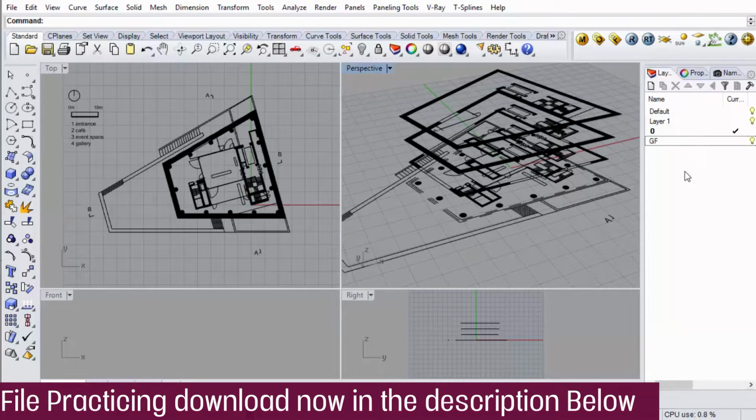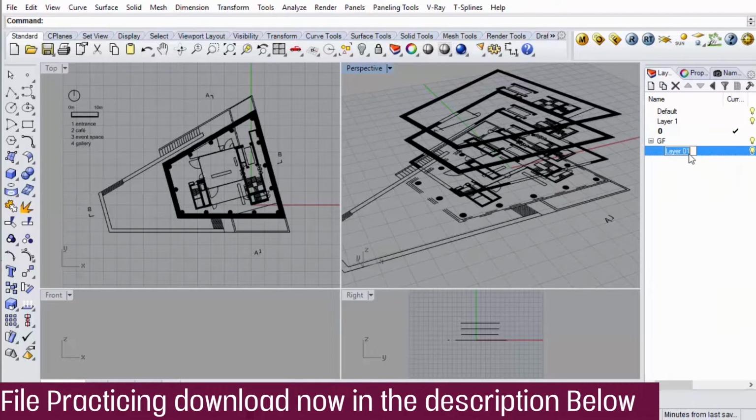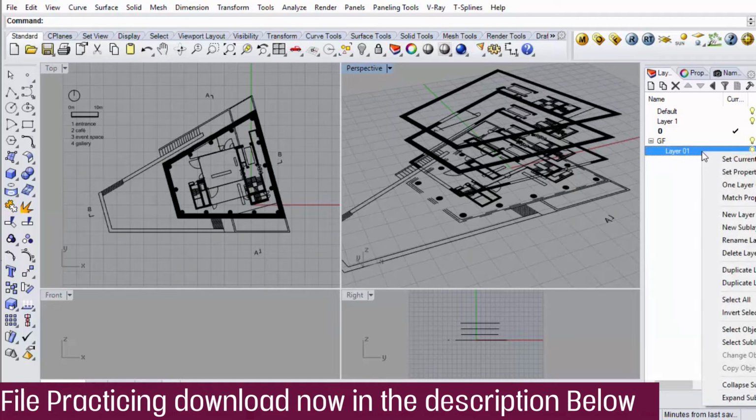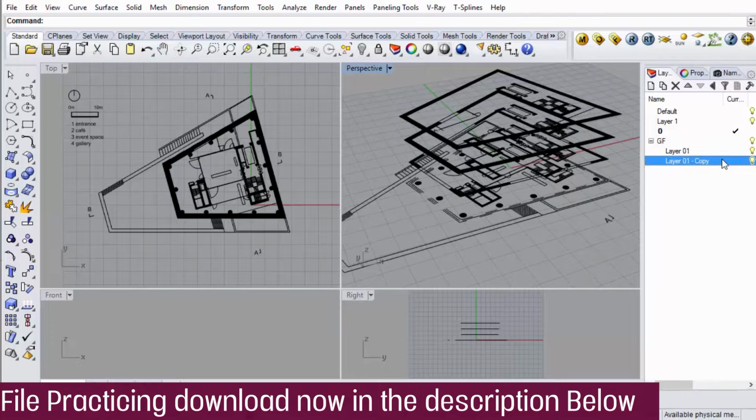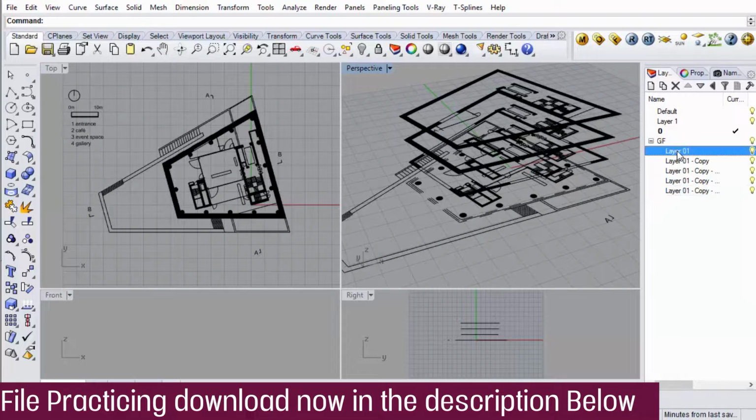So ground floor, and then ground floor is going to have 5 sublayers. First one is going to be a sketch layer,